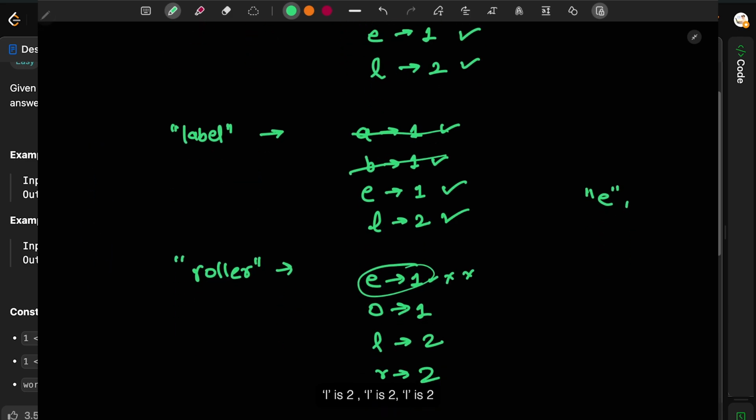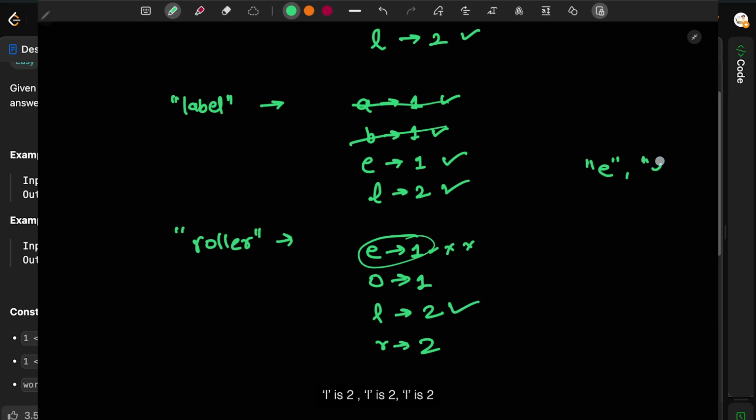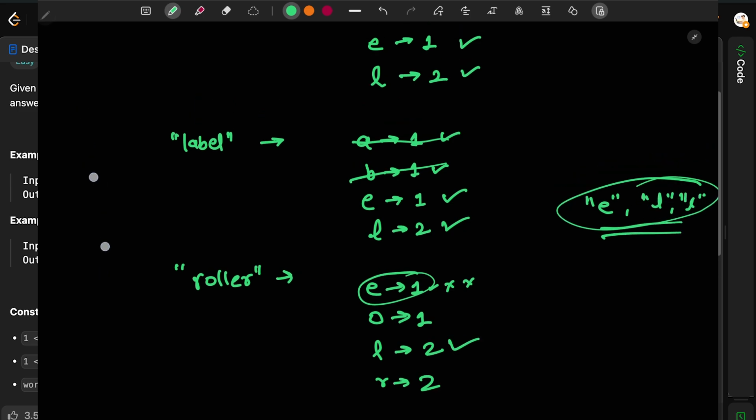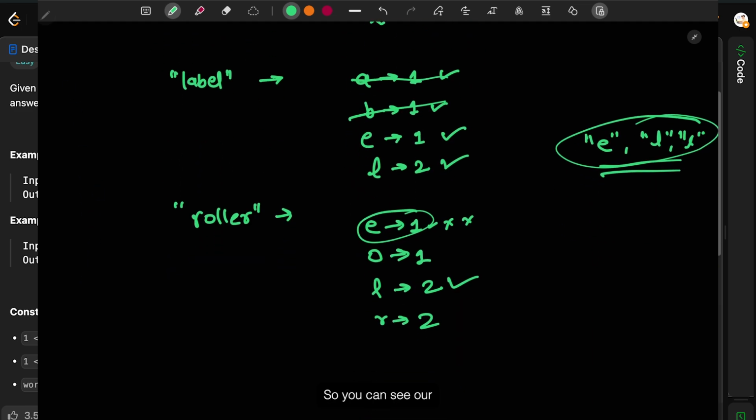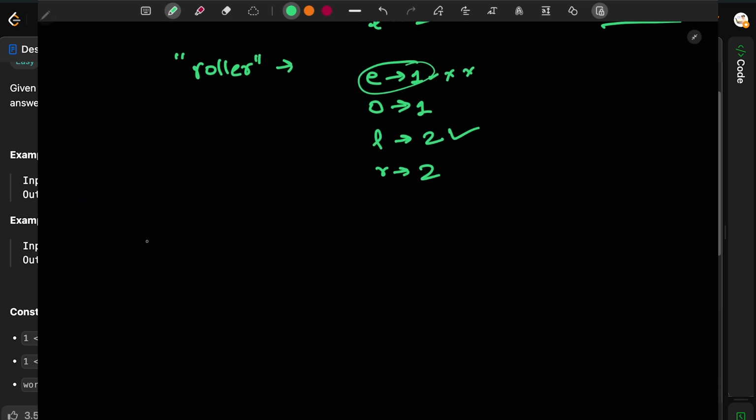Then come to L, L is 2, L is 2, L is 2, so 2 L's would be part of the answer. So you can see our answer array